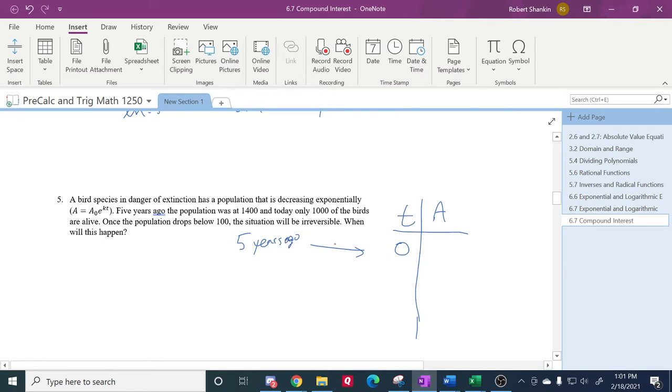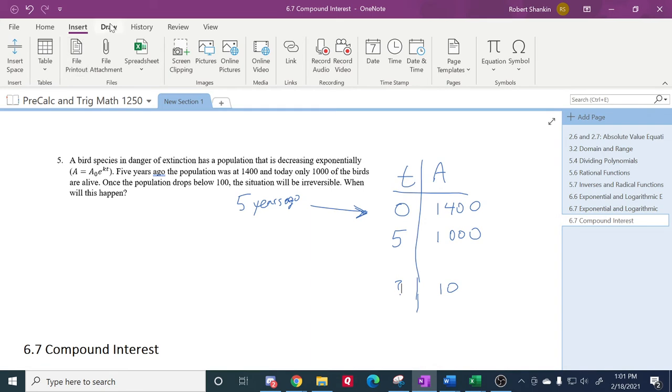Sasha, go ahead and turn off your mic right now, and then I'll have you turn it back on when I ask you. And then today is, so we started the clock 5 years ago. So today will be 5 years later. Like this. And then we're going to be asking, when is this amount going to be this? Alright. So the modeling equation for this